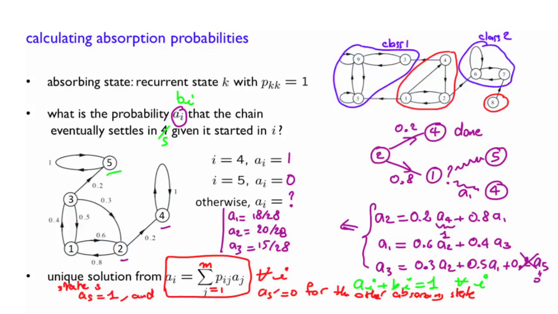For the purpose of this calculation, the trick is simply to think of a recurrent class as one big absorbing state and go through the calculation as we have done here. So think about this class, for example, as being one big absorbing state, and now forget about the inside and calculate the probability that you end up in this class as the probability of reaching this absorbing state, given that you started in 1, 2, or 4, and you do the same kind of calculation.